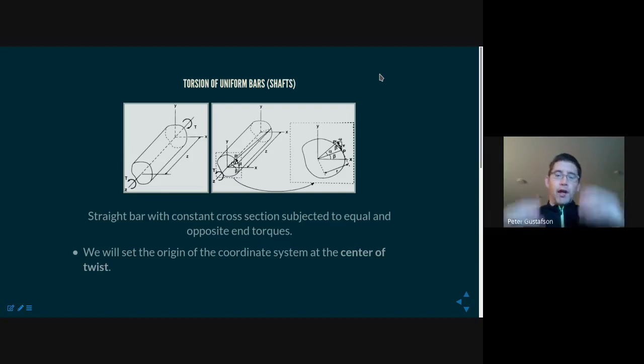Just to remind you, the beam was much longer in one dimension than in the other two dimensions. And when it deformed, plane sections remained plane, and they remained perpendicular to the reference line that we had established. That ultimately allowed us to write an equation for what the beam deformation looks like